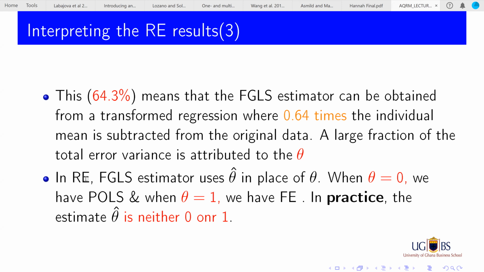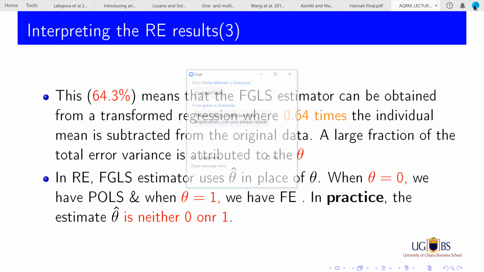In a random effect equation, the feasible GLS estimator will use the estimated theta in place of the true value of theta. If you remember feasible GLS, you can see that the omega was capped. That is what it does, the same thing. When the value is 0, we know that we are in the pooled OLS, and when the value is 1, we know that we are in the fixed effect model. But in real life,